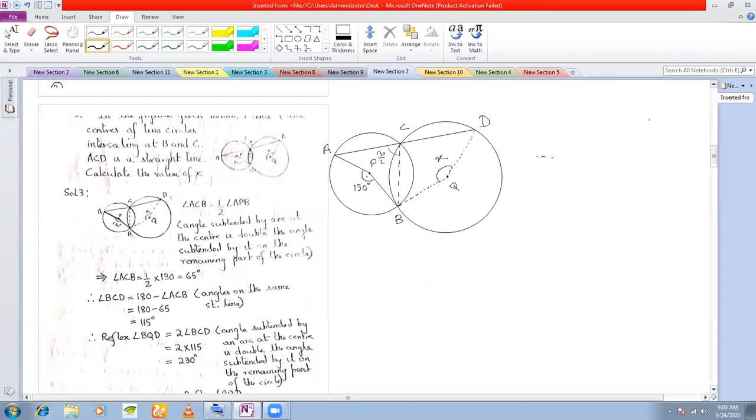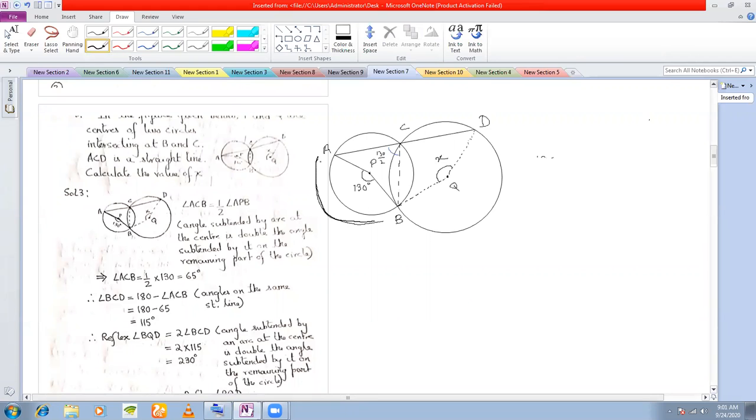The blue angle is half of 130. It is half of 130 because 130 is the angle on this arc AB, and on the remaining portion of the arc on the circle, you have the other angle, right? 130 is on this arc AB, and the other angle that you have, the blue angle that I have marked, is on the other arc, on the remaining part of the circle.